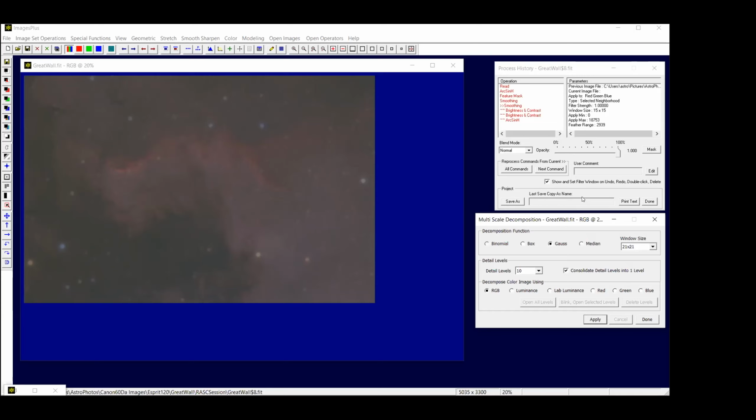The one thing it doesn't do, I don't think, is one function that we're going to use here tonight, which is create a consolidated detail level. So what it's going to do is I'm going to tell it to use a very big kernel. Now,